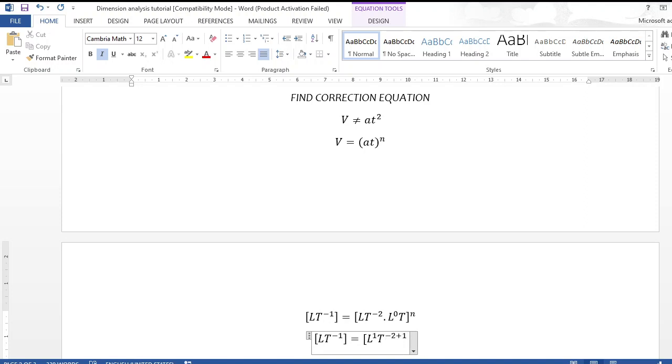Okay, and put a square bracket to the power n. So if you add negative 2 plus 1, you'll be getting negative 1. L to the power